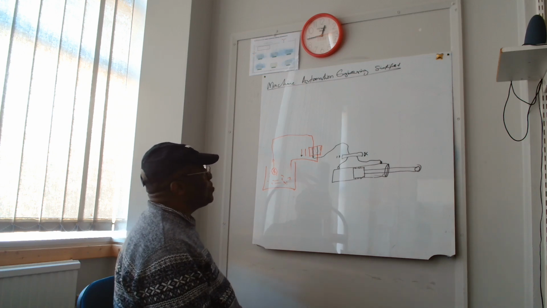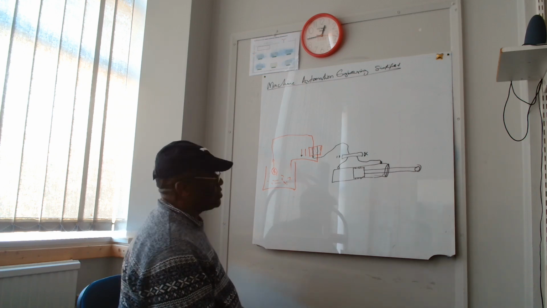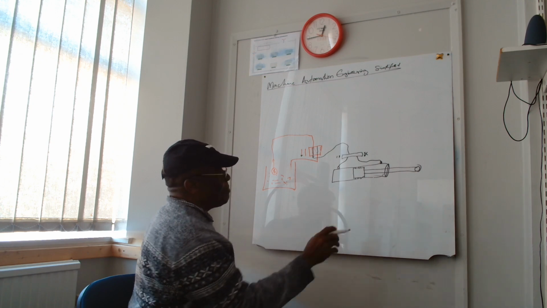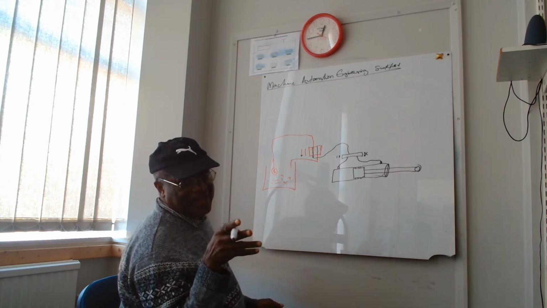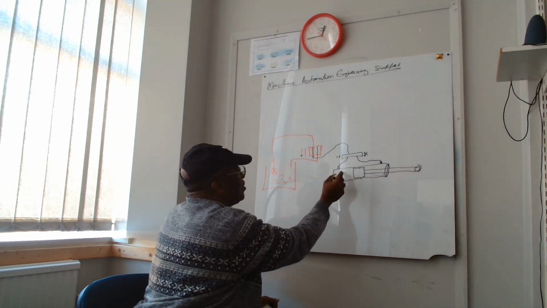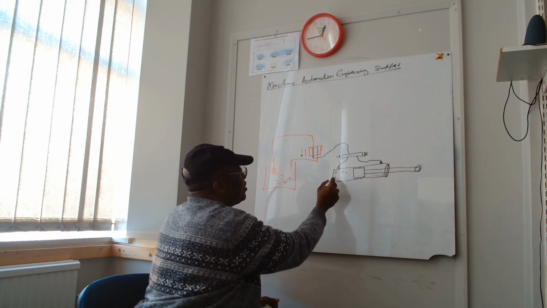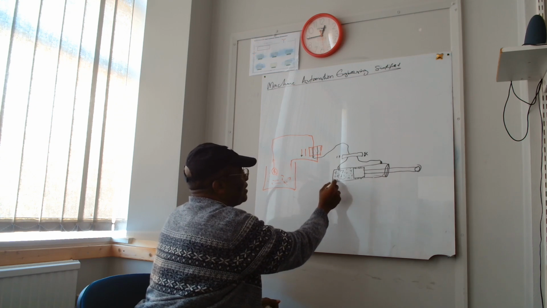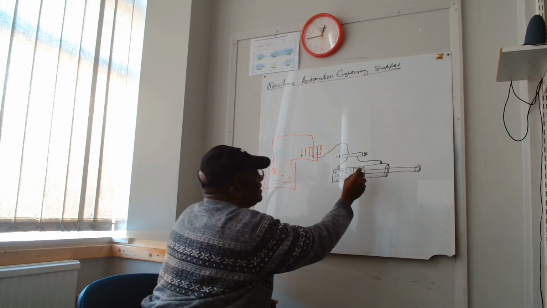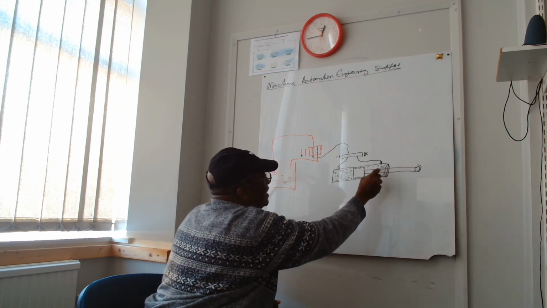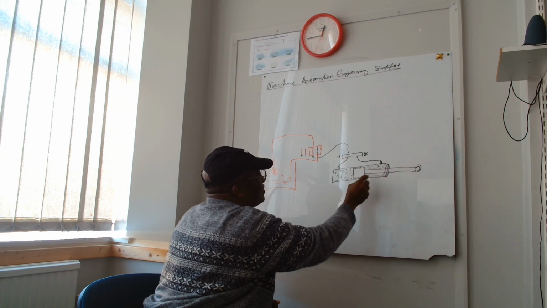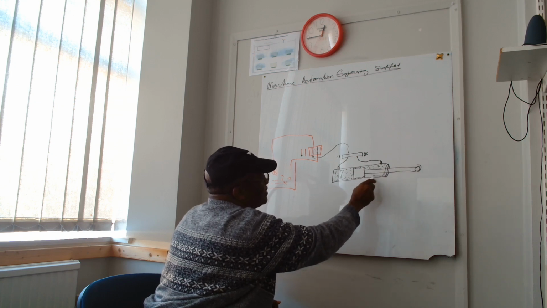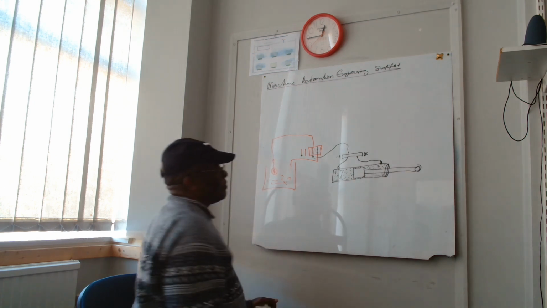So when you want to operate this, remember the characteristics of a hydraulic ram. Here will always be filled up with hydraulic fluid. No air, no space. That's why it's hydraulic. It does not accommodate air. If there's air, the operation will fail. So here is filled up with hydraulic fluid.